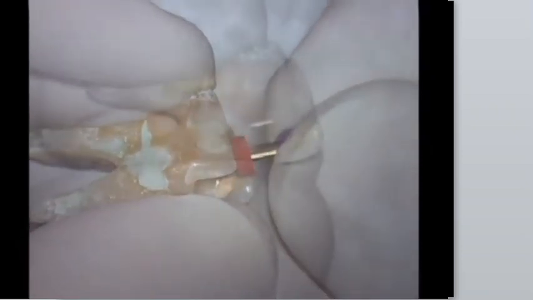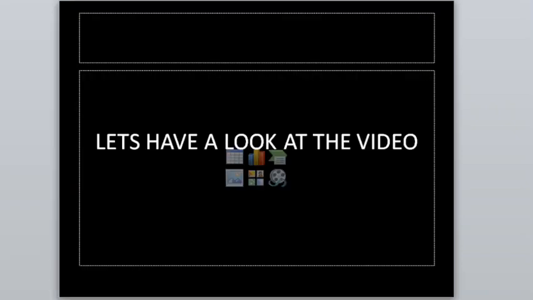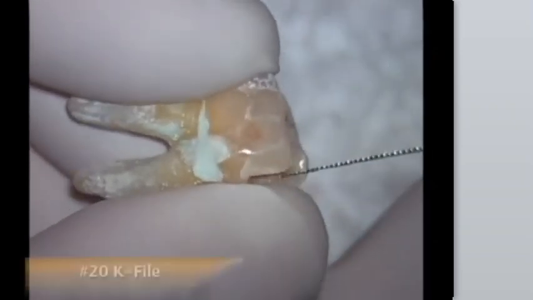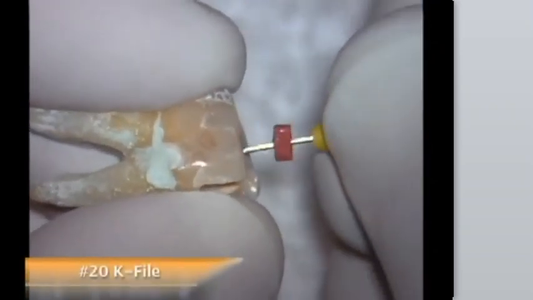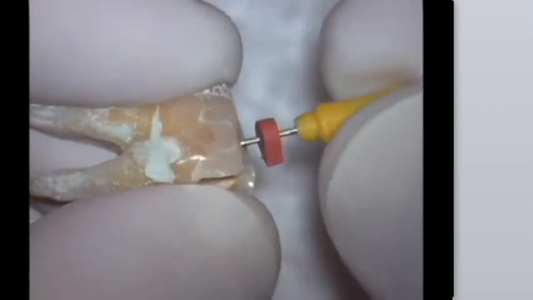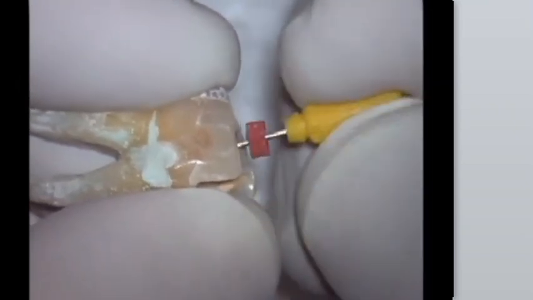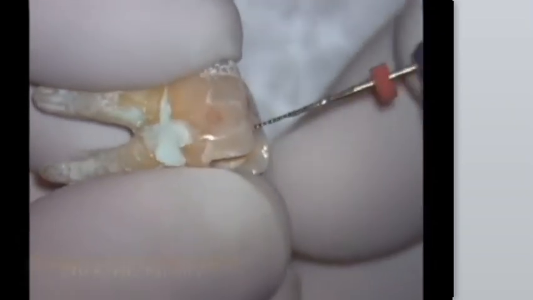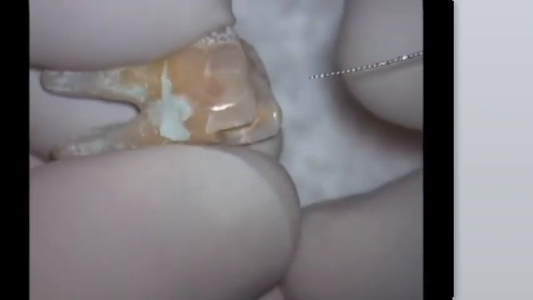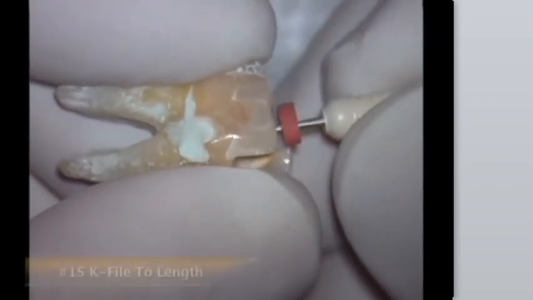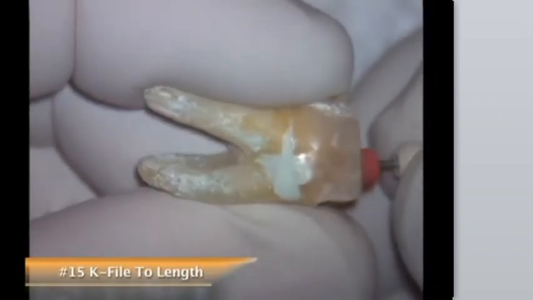Now you see what happens with the 15 number file. Let's see what happens when you put a 15 number file. It doesn't go, it just resists after 10. So what you should do is take a 20 number file, anti-clockwise 90 degrees, clockwise 90 degrees, anti-clockwise 360 degrees, and 2 to 3 motions you do, pull it out, and then come back and put your 15 number. Though I do not advise you to put the 15 number file back. You will get 10 super smooth, and then you can shift to whatever glide path instrument that you wish to.